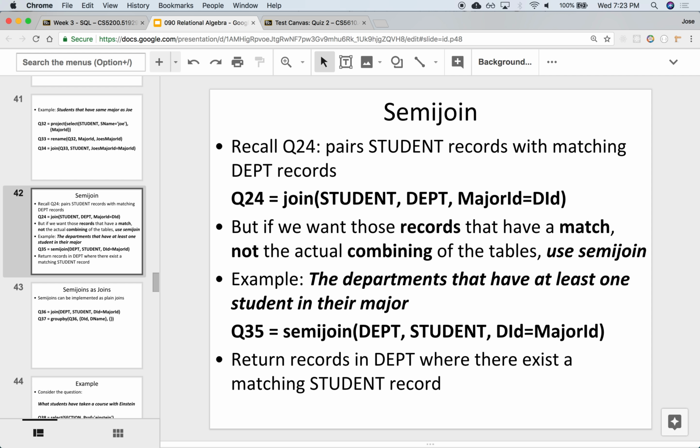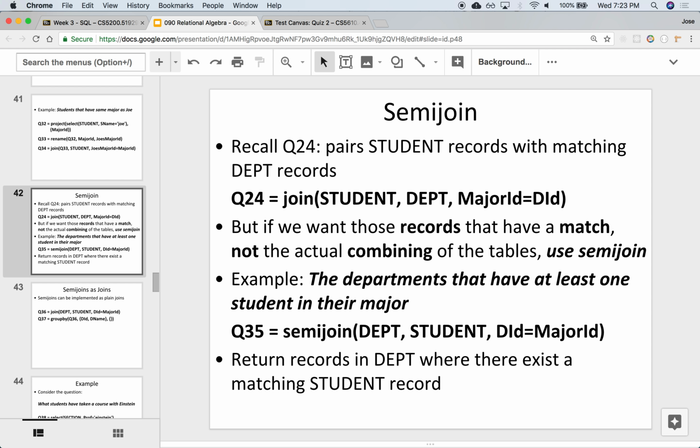For instance, it might be some foreign key, right? Some table that has foreign keys that point to records in some other table. Typically, I would join them, and that would give me fields from this table plus fields from the other table. But oftentimes I don't even care about the other ones. So I just want the ones